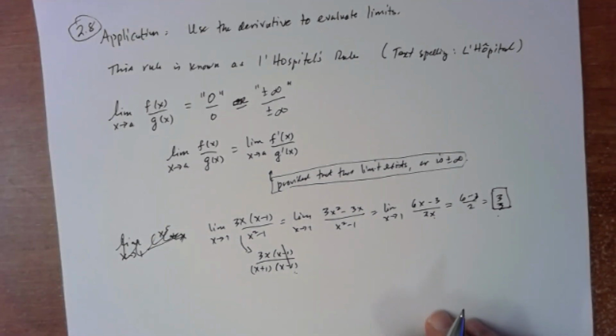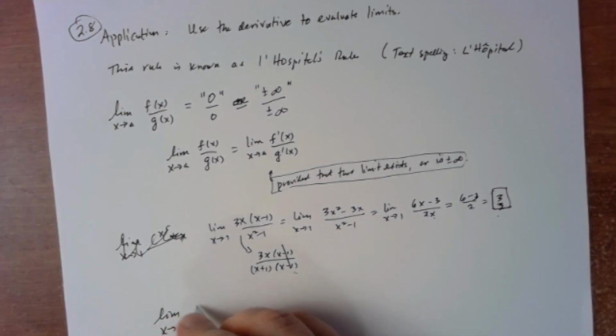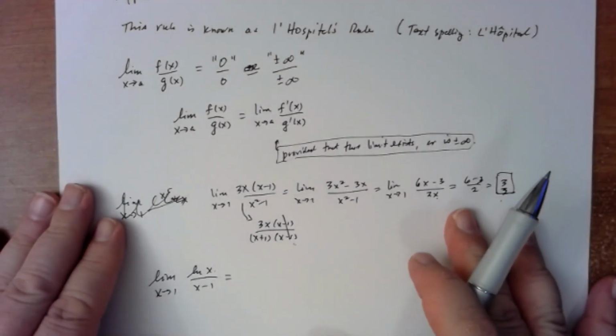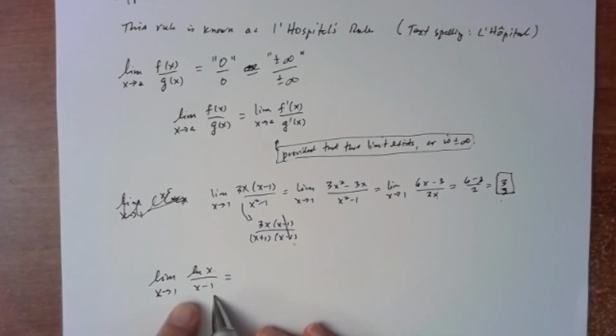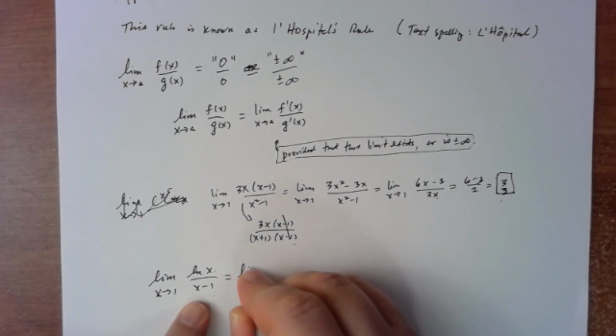Good. Let's try another example. How about the limit as x approaches 1 again, but this time it's going to be the natural log of x divided by x minus 1. And let's see what we get. So let's see, the natural log of 1 is 0. Whoops, I'm running off the page. So that's 0 divided by 0, and so we can use L'Hopital's rule, and so therefore